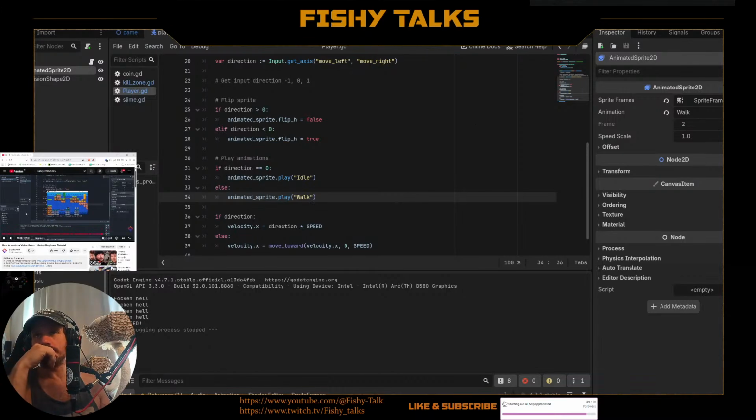If we now start running, we can see our run animation being played. Finally, we just need to add our jump animation. And here we can use a built-in function of our character body 2D, which is to check if we are standing on the floor. So at the top here, we'll check if we're currently on the floor, is on floor. Well, then we want to